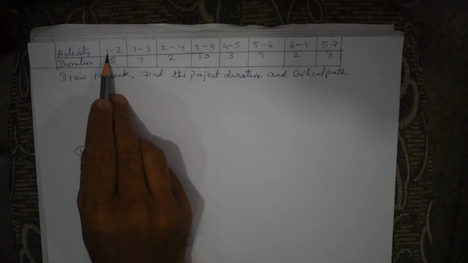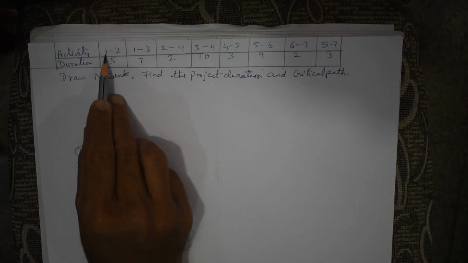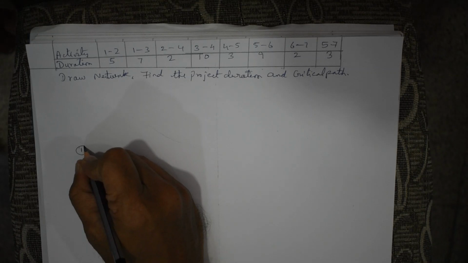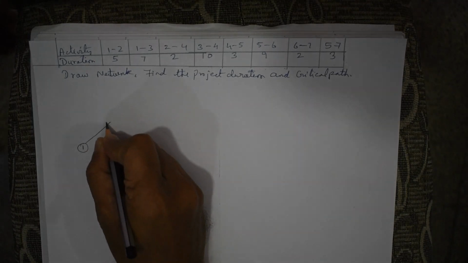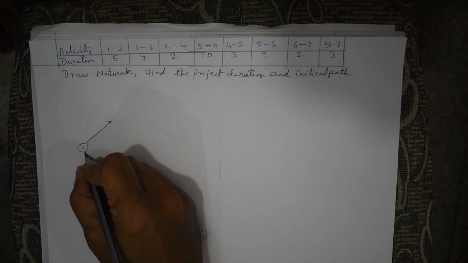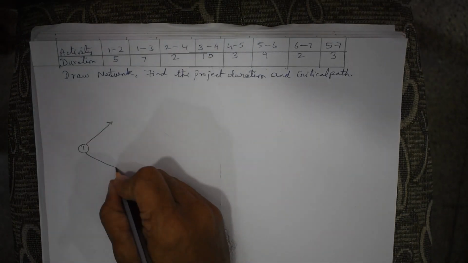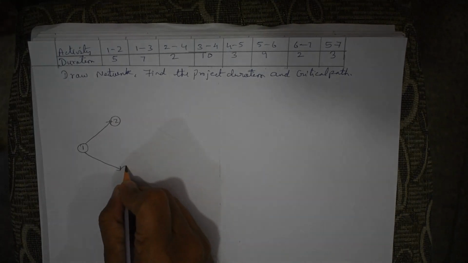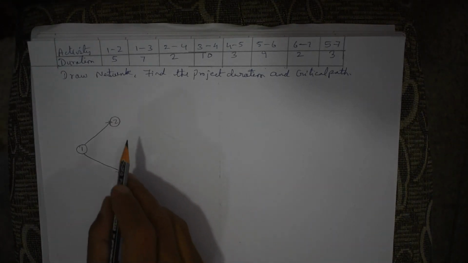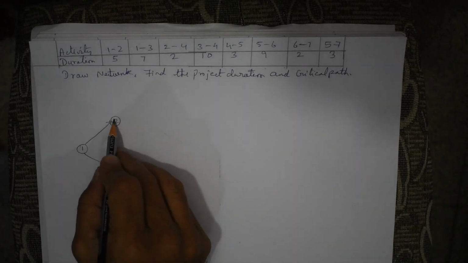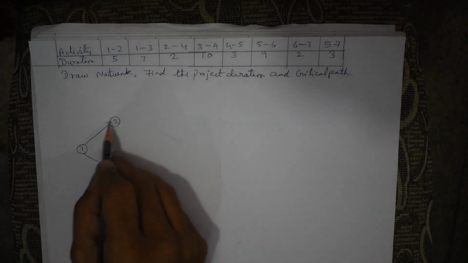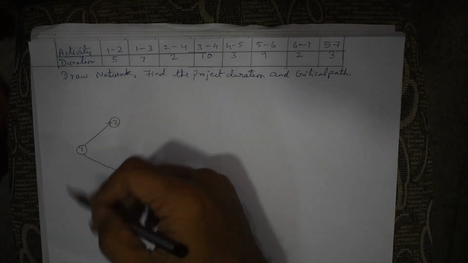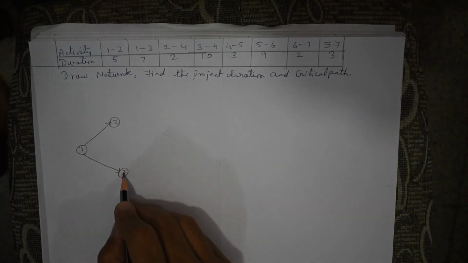If you see the sum, it has two activities coming from 1 to 2, 1 to 3. When two activities come out of 1, what we can do is we can take one activity from the top and the second activity from the bottom. 1 to 2, 1 to 3. It doesn't mean always 2 should be on top. You can have even 3 on top and 2 on the down. It can be 1 to 3, 1 to 2. No problems as far as the numbers being interchanged.